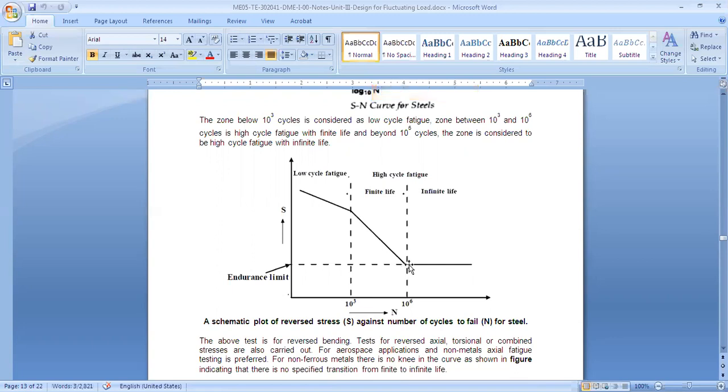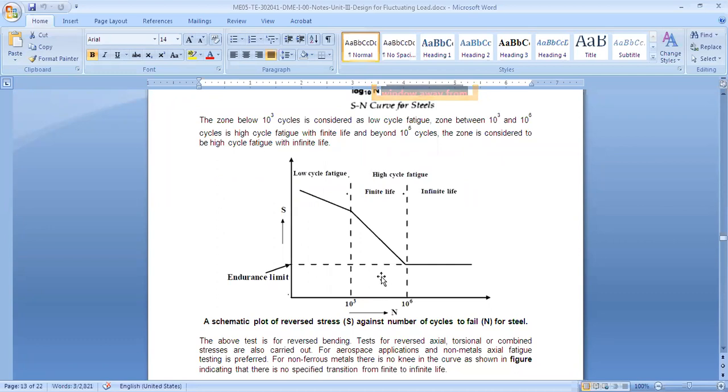So we know endurance limit means it is surviving for 10 raised to 6 cycles. So we know Se, we know the number of cycles. And if we know that 10 raised to 3 corresponds to 0.9 of SUT, we take that 0.9 of SUT as 10 to 3. We can draw this graph, and then for any number of cycles, we can find out the corresponding stress, or for any stress, we can find out for what cycle it will survive. Are you getting my point?